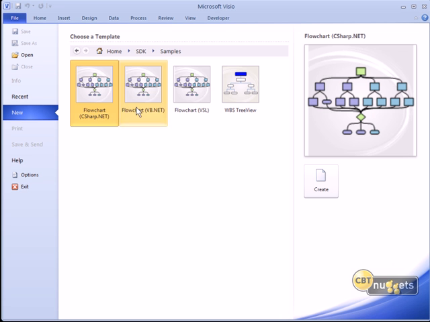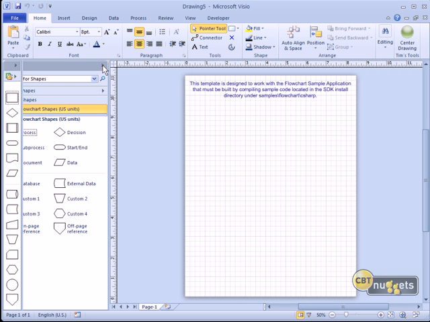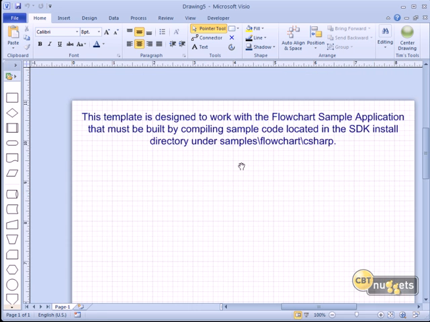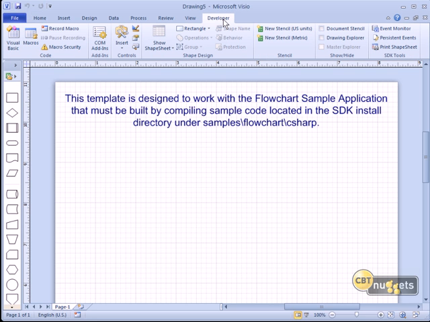As a matter of fact, if you try to open one of these templates, we wind up seeing that this template, let me close out of my extra stuff here and zoom in, is designed to work with the flowchart sample application that must be built by compiling source code located elsewhere. You'll also notice if you installed the SDK, on the Developer ribbon tab we have a new group called SDK Tools with some nifty utilities, one of which we'll take a look at, the Print ShapeSheet function.